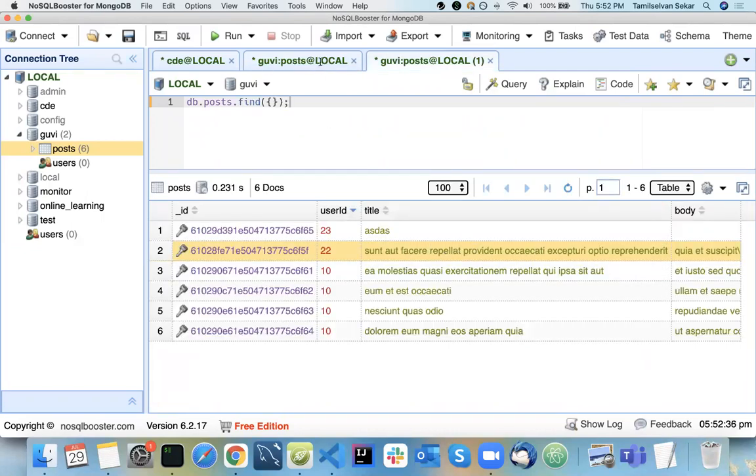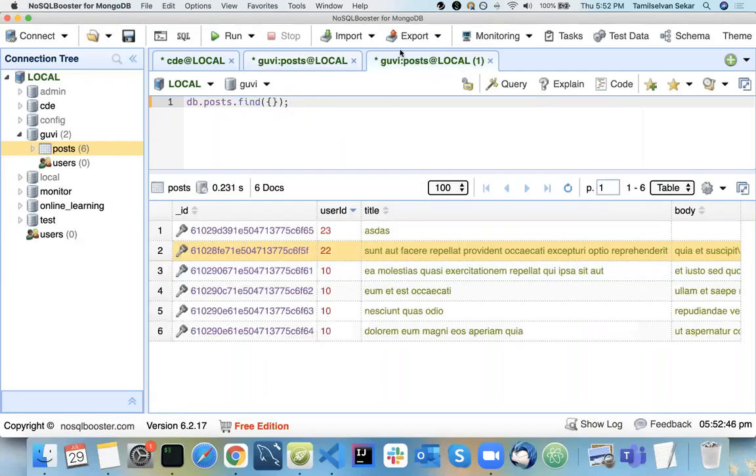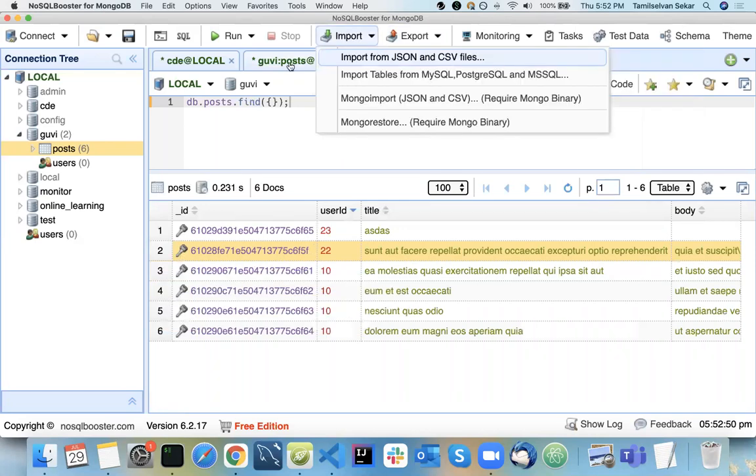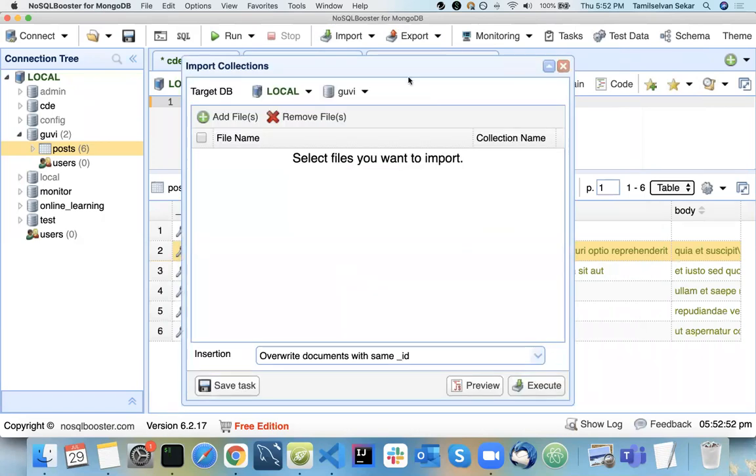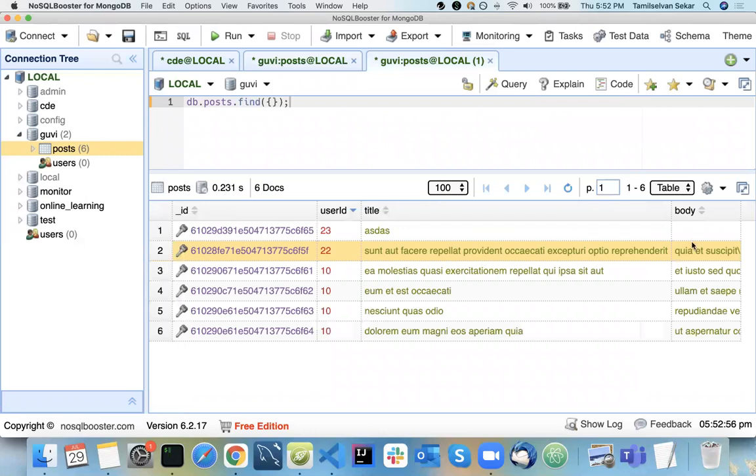Okay, see, object ID of 10. Now you have mentioned user ID equal to 22, right? What happens here is, for this ID, what records do we have? So for user ID 20, for this record, what do we have? So 5F, right? For your 5F, what records do we have? User ID equal to 22, title equal to something, and body equal to something.